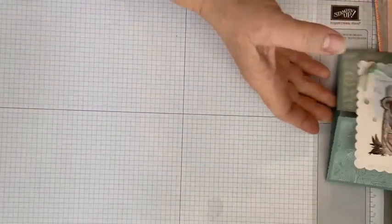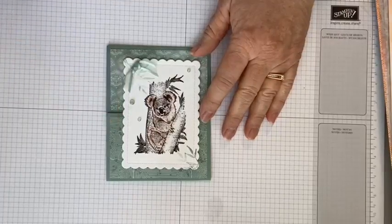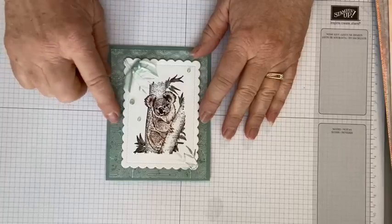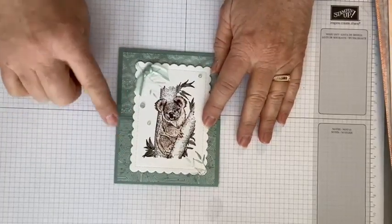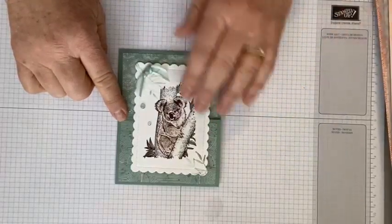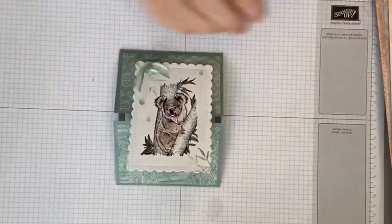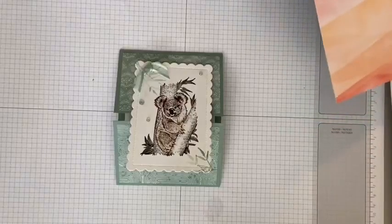And then I want you to try to guess what paper this is that I used, because it's not what you think it is. So the cardstock is Soft Succulent. Anybody have any guesses? Not seeing any yet. So I will tell you. It is actually the Delicate Desert